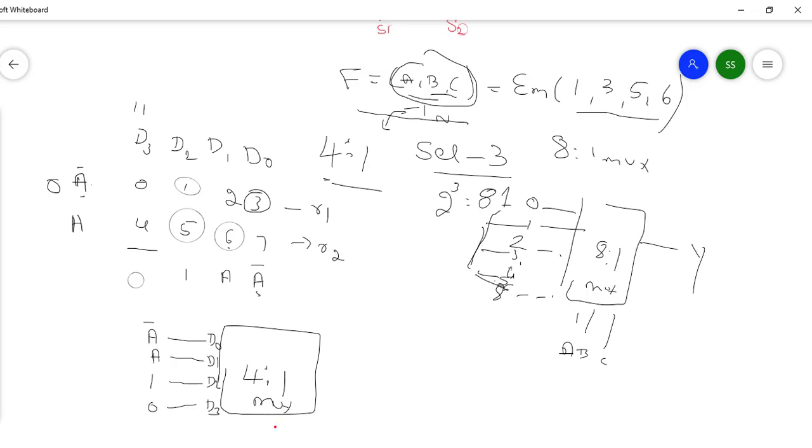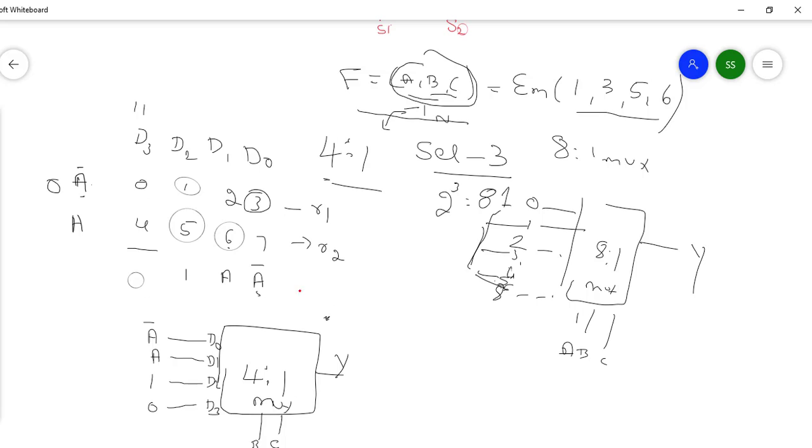Okay. And anyway these two are B, C. Okay, write B, C, and this is your Y. This is how you can do it. If any number is given in 3 bit, instead of doing 8 is to 1 mux, you can do the 4 is to 1 mux like this. Okay, so depending upon the question you have to choose it.